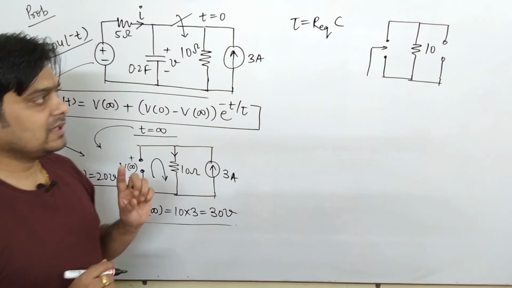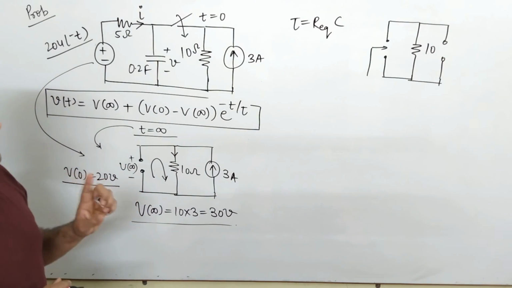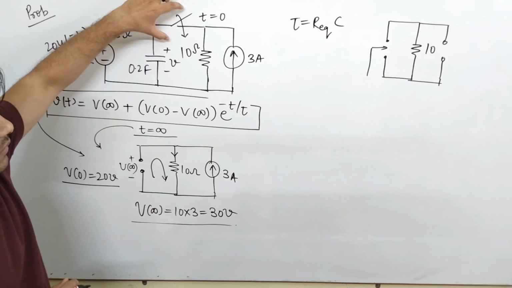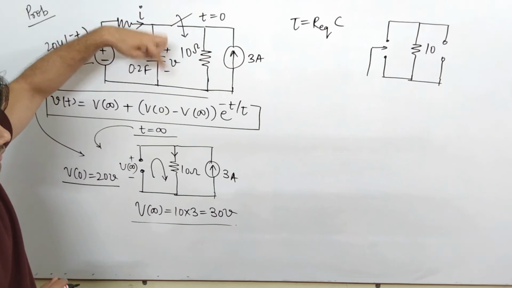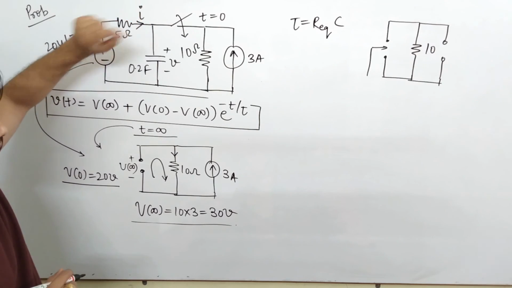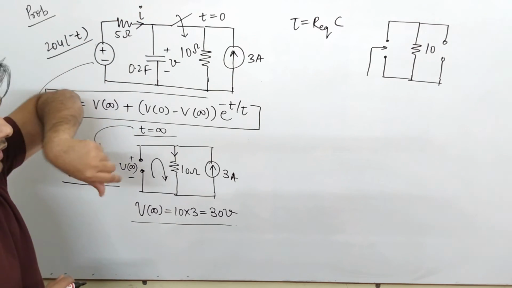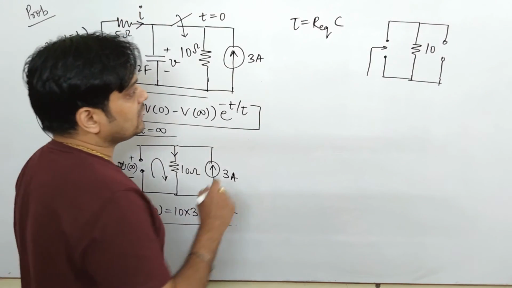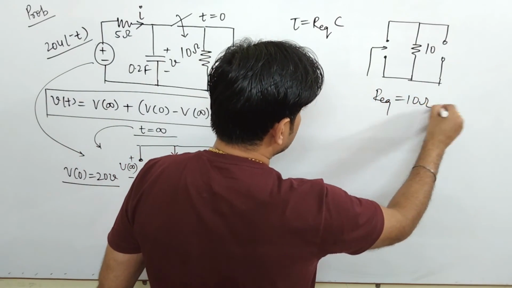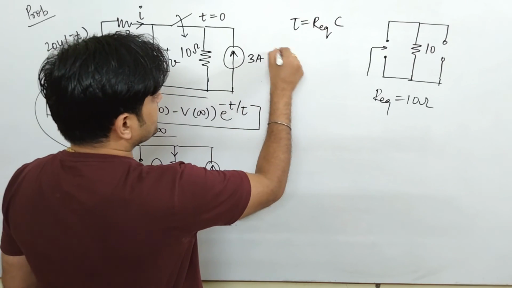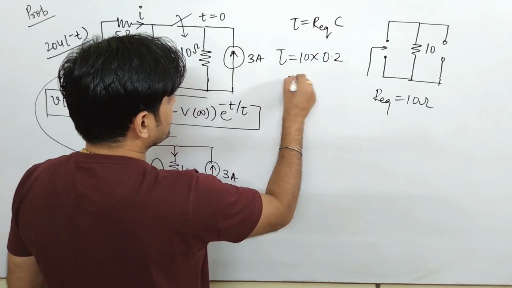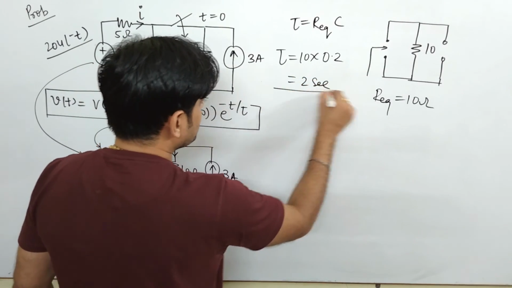Only the important thing, just keep in mind, whenever we are finding the R equivalent, it is for t greater than 0. It means for t equal to 0 or greater than 0, your switch has to be closed. So this condition you always keep in your mind. We will never find it for t equal to 0 negative. So in this manner, you can find the value of R equivalent. From here, you can directly say that the value of R equivalent is 10 ohm. So what is your tau? It is 10 into 0.2, and that comes to be 2 seconds. So this is your value of tau.